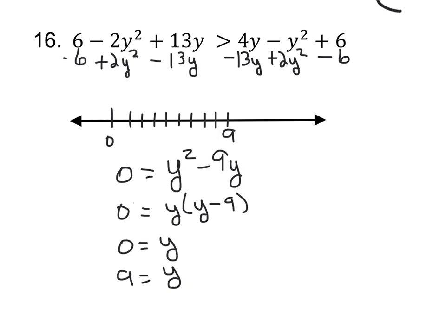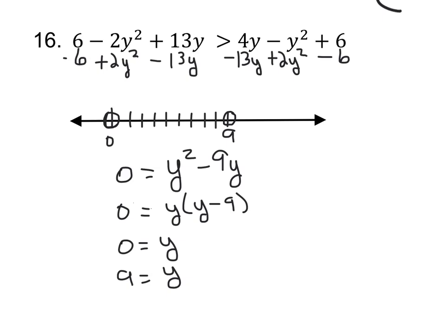Now I need to check to see where I'm going to be shading. Since this is a greater than, not equal to, at 9 and at 0, I'm going to have open circles. Then I need to figure out, am I going to shade inside, in between these, or am I going to shade outside these? The first thing I'm going to do is pick some number that's fairly easy for me to